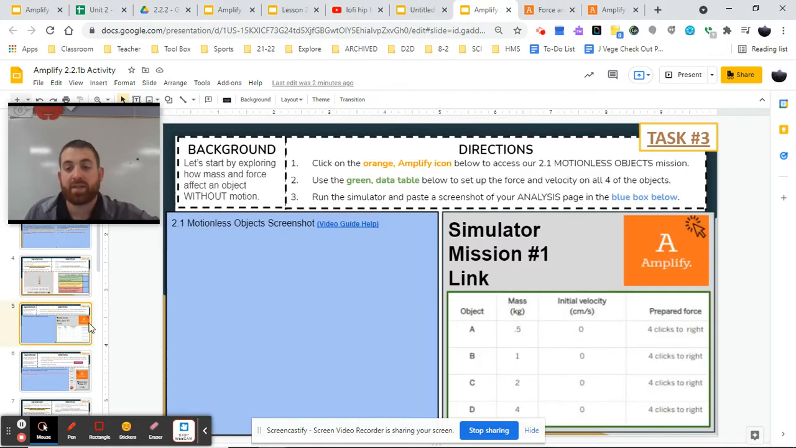So looking at task 3. In task 3, we're going to be diving into a mission called Motionless Objects, where we're going to have 4 objects. Object A, B, C, and D, and each one of them will have a unique mass that we see there and a unique initial velocity of 0, meaning they're motionless. Their velocity is 0. And what we're going to do is we're going to prepare a force by clicking 4 times to the right in order to observe, well, how does the same strength force affect different objects